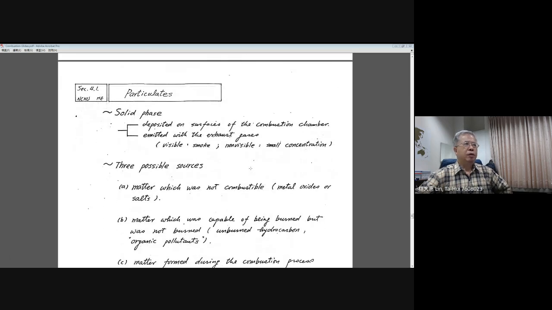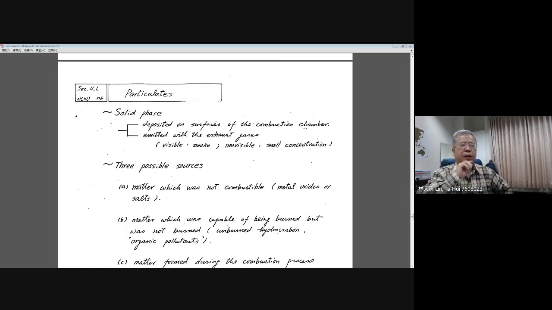When we look at particulates, they appear as a solid phase, and they occur in different situations. For example, they may deposit on the surface of the combustion chamber, such as the chamber surface of your diesel engines,